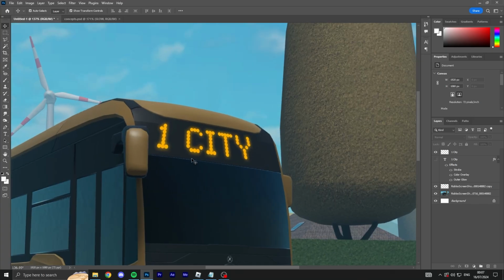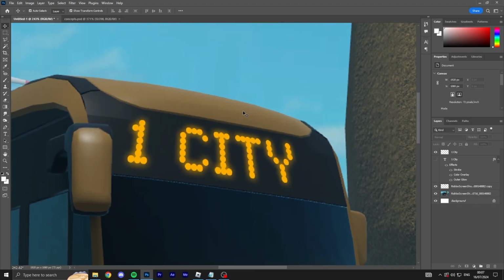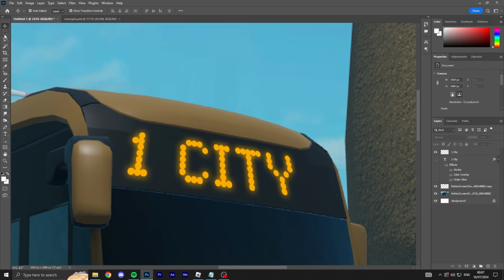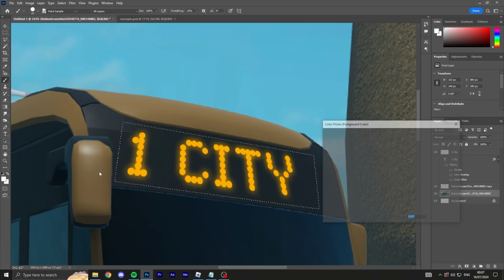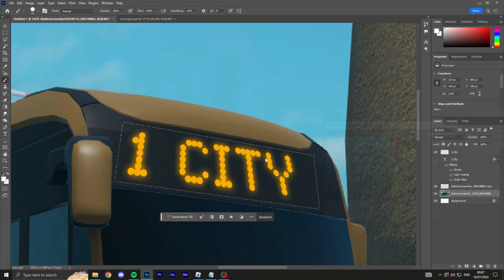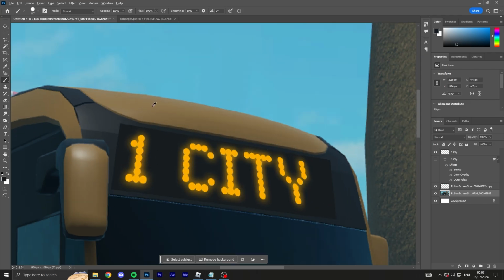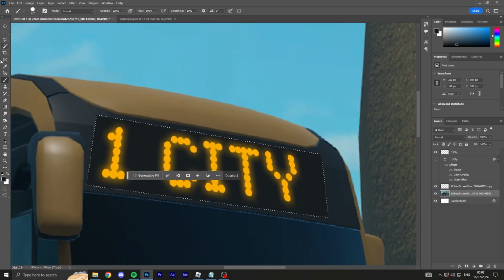Obviously, it looks a bit weird because there's no actual screen behind it. But obviously I can't just add things to the game like that because I can't just insert 3D models. I would have to actually, I mean, I could try. I might try and make a screen, but I think the general idea is just make a different color on this, and you could maybe try get away with it, but I don't know. Let me just try paint a slightly darker shade of whatever this is to look like a screen or something. There we go. Just fill that in, make the brush a bit bigger. Boom. One city. Yeah, it doesn't really look right, if you know what I mean. It just looks a bit wrong.